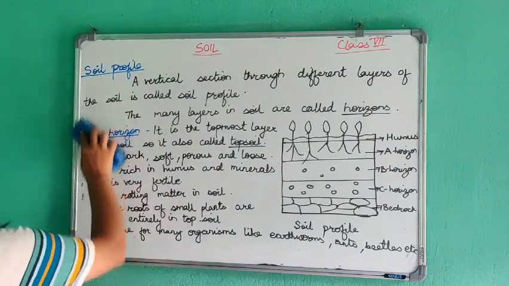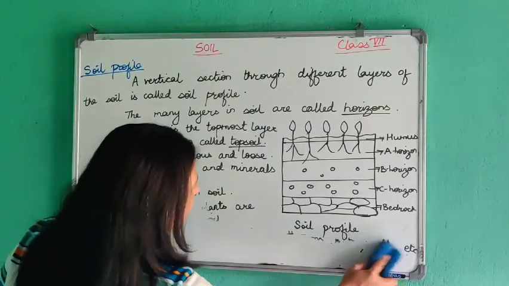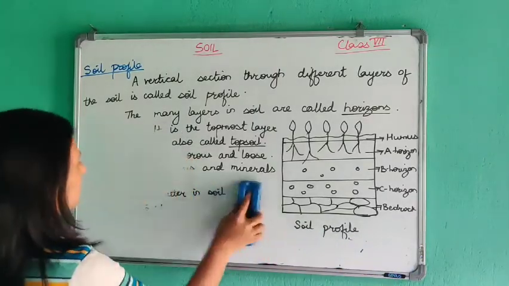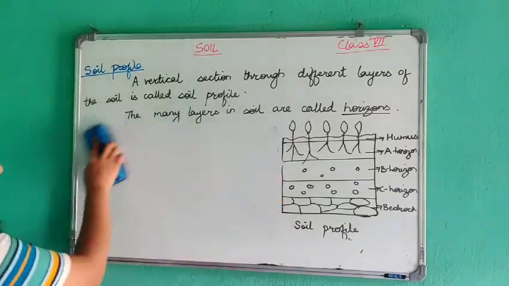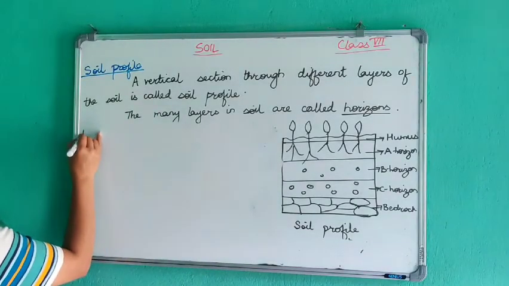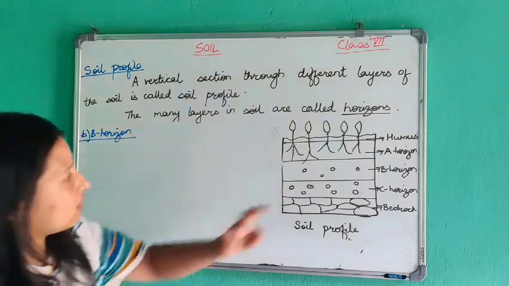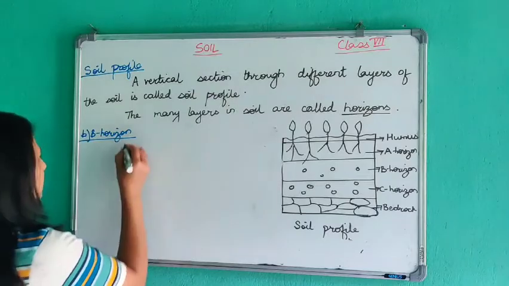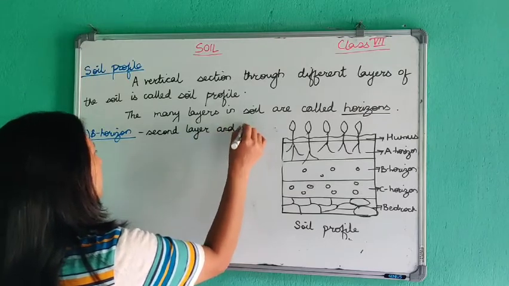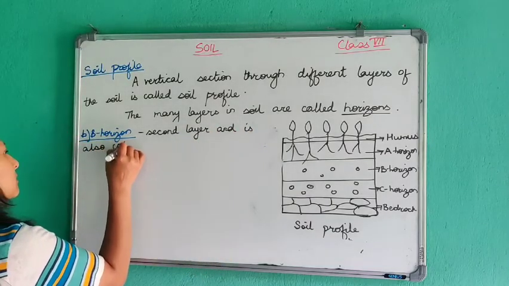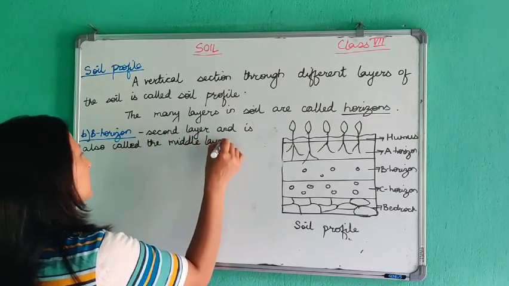Okay, अब हेरौं B horizon. B horizon को कस्तो हुन्छ. I will not rub this diagram because it will be easier for you to see, right? Next is B horizon. It is the second layer of the soil. First layer A horizon भइहाल्यो, त्यसको मुनिपट्टिको second layer and is also called the middle layer, बीचको layer, middle layer.